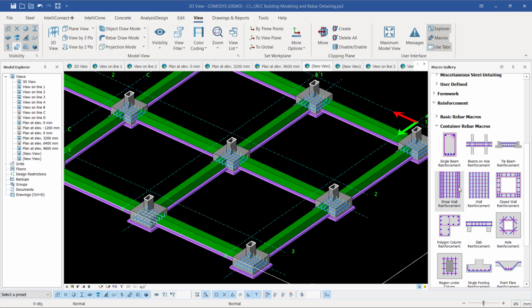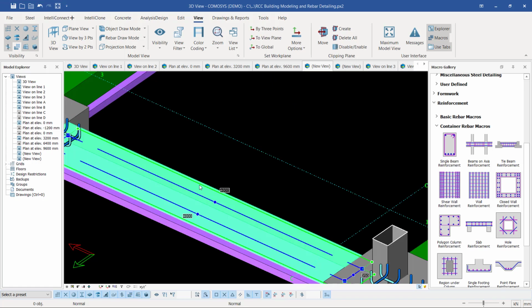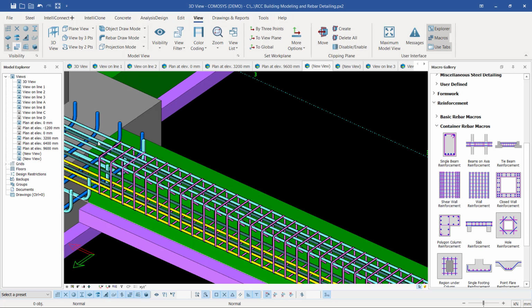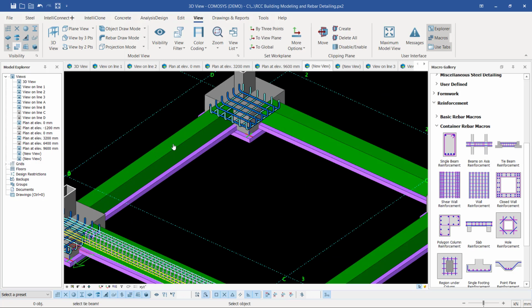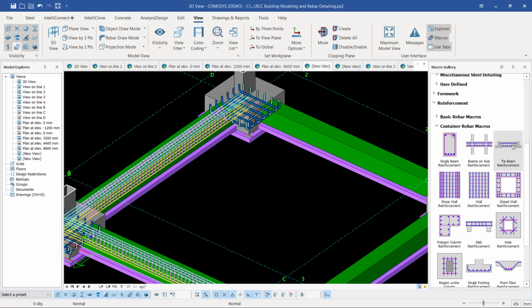Now let me just scroll up, and we have the tool here that can help us in placement of tie beam reinforcement. So if I click on that and come all the way here and just select on the tie beam, then right click, and the rebars will be placed right there. And if you come here and select on that, and we can pick there, then right click and we place the rebars. Let me select that,